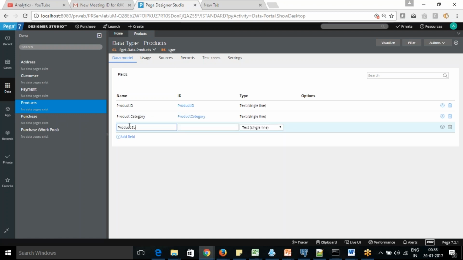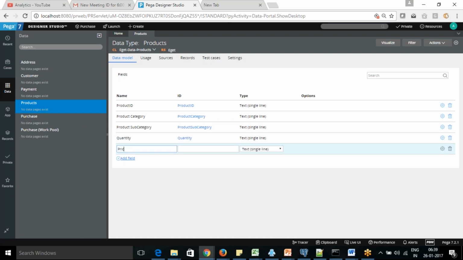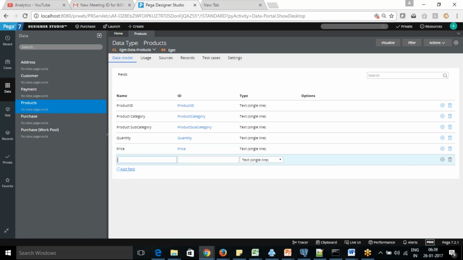Then product subcategory. How much quantity is available, we can put that in. What's the price of each quantity? We can have the expiry date of the product.